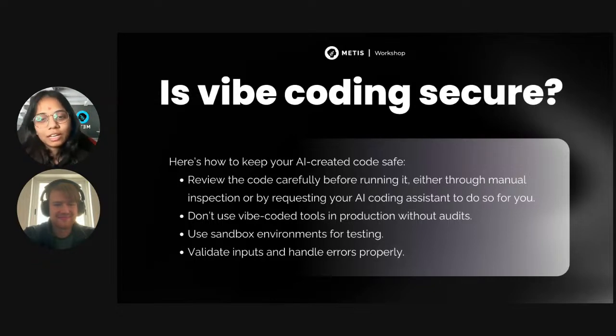So the short answer would be vibe coding is as secure as you make it, right? AI will not write secure code by default, it just won't. So you have to ask for it, you have to check it, and you have to enforce your standards.